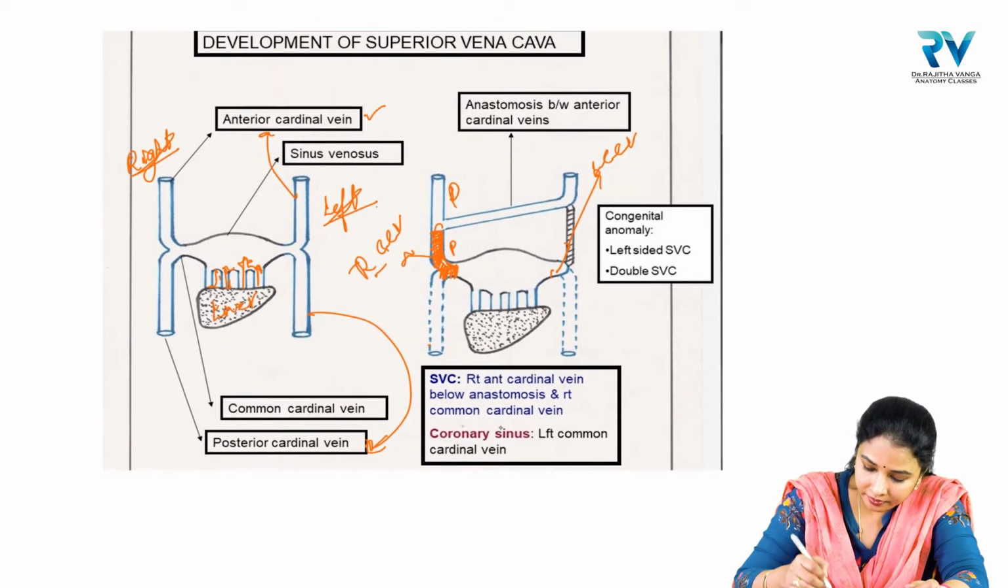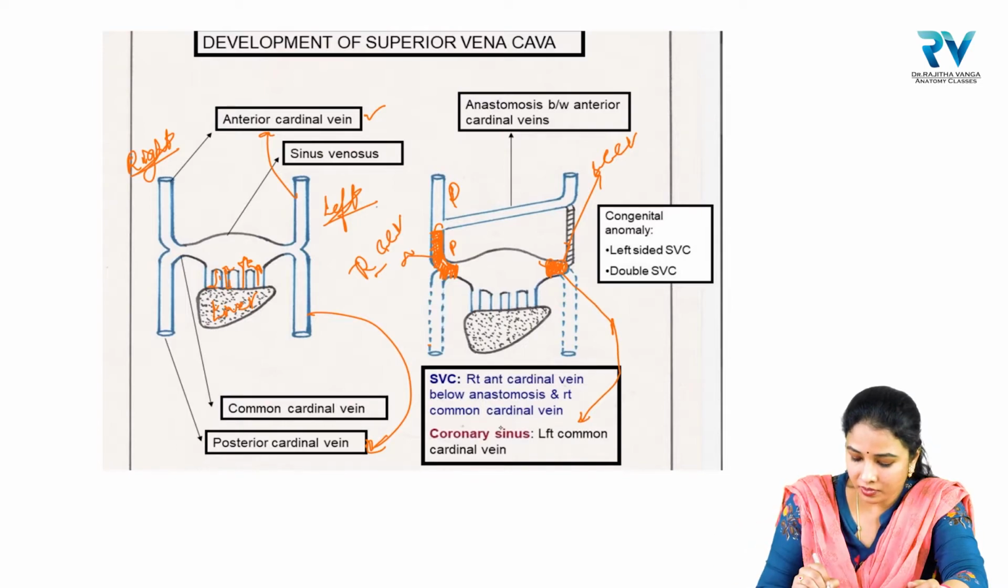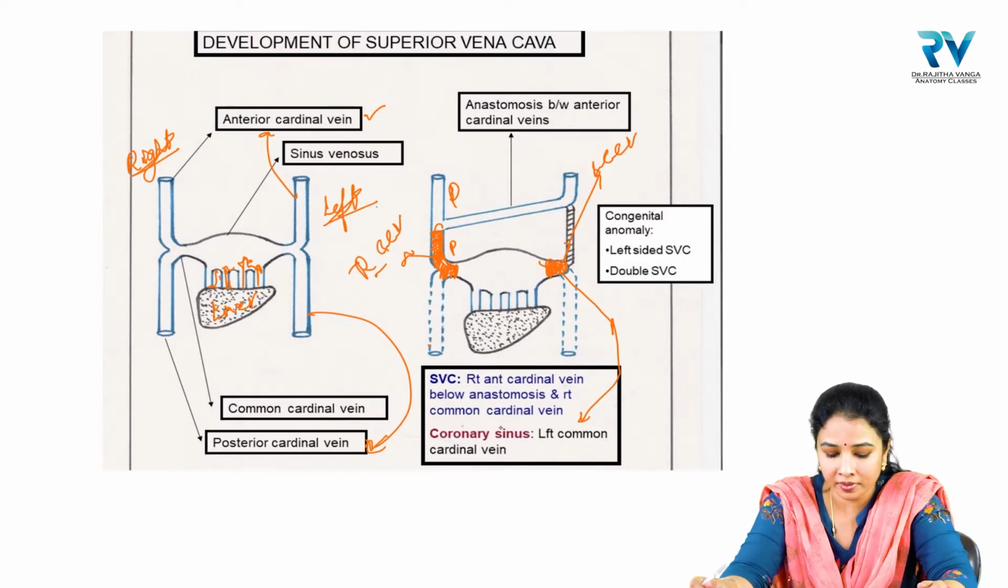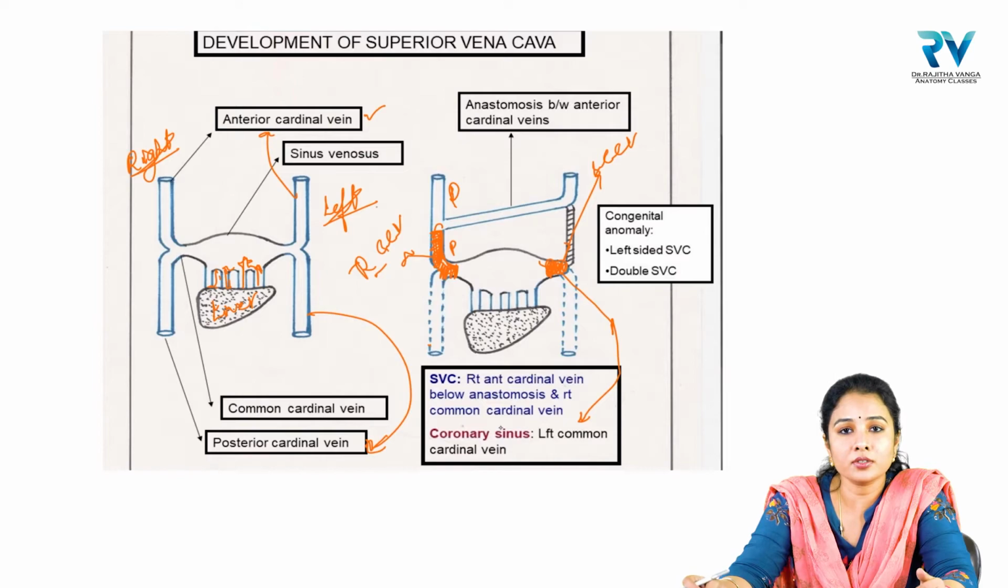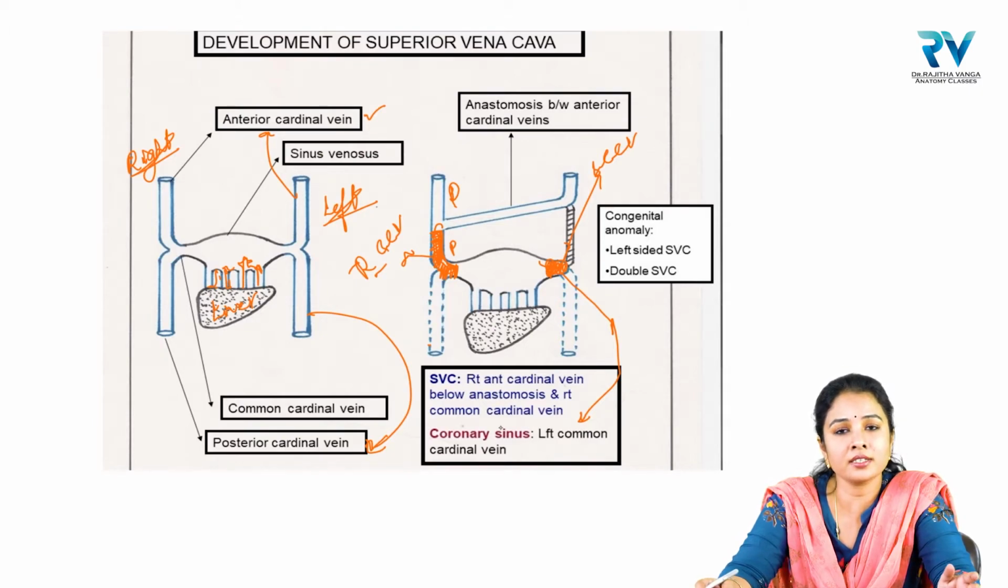So this part will form the coronary sinus, which is from the left common cardinal vein. Congenital anomalies associated with the development of the superior vena cava: instead of a right-sided superior vena cava, sometimes the right anterior cardinal vein may disappear and disintegrate just like the left now, and